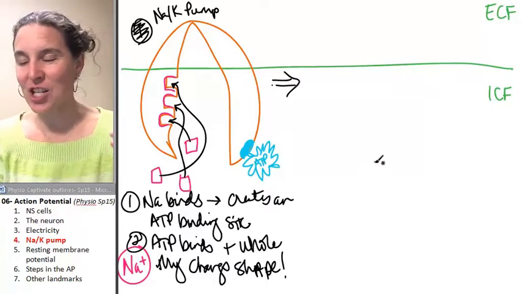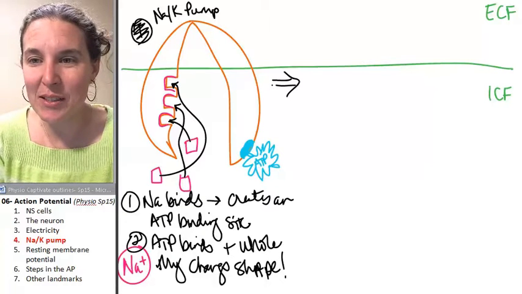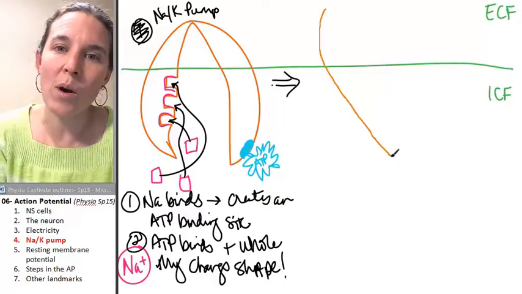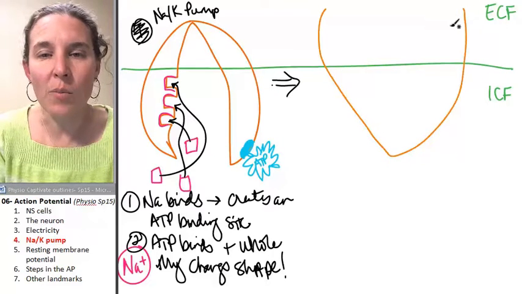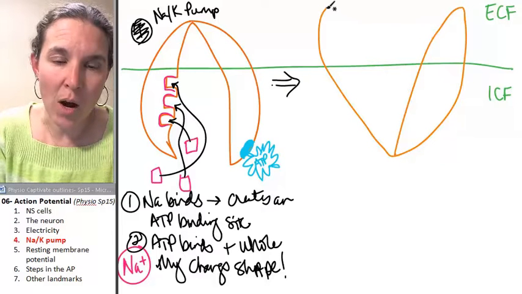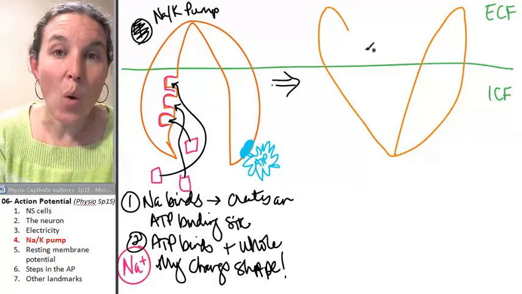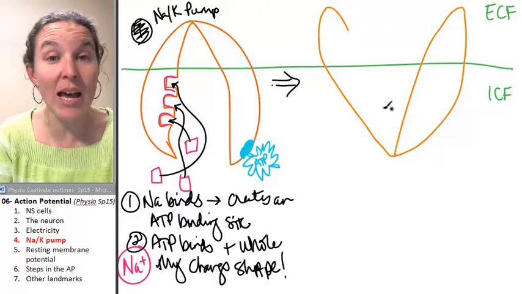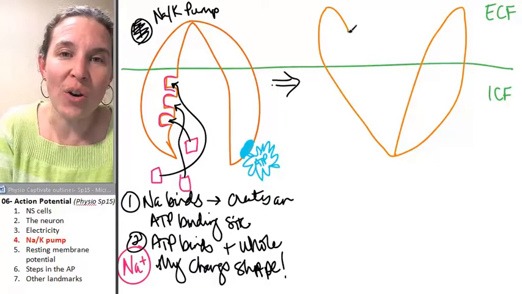It ends up looking like this. Oh, what? It opens up to the outside. Now, take a deep breath and watch this. When it changes shape, not only does it open up to the outside, but it also changes the shape of